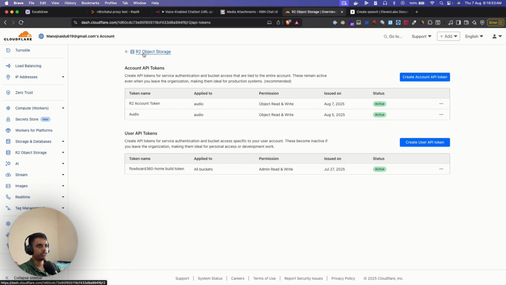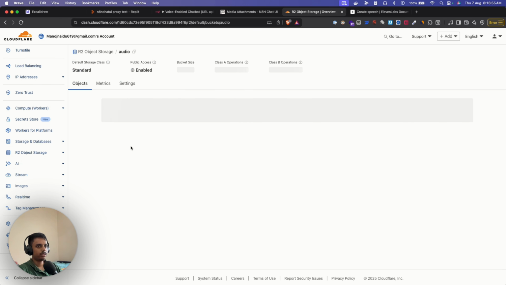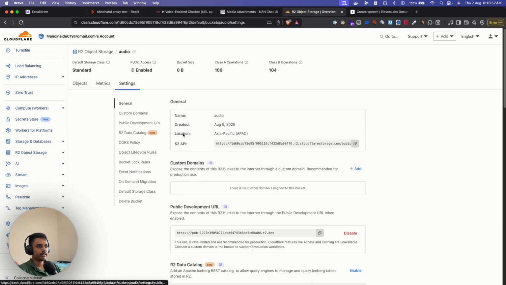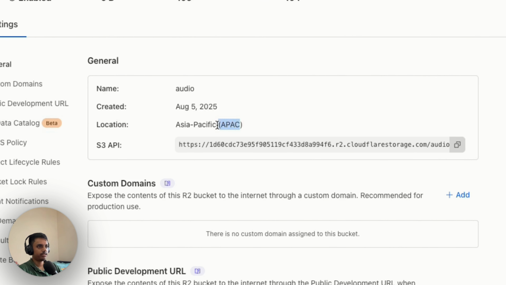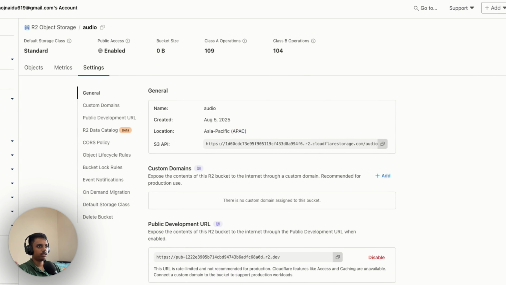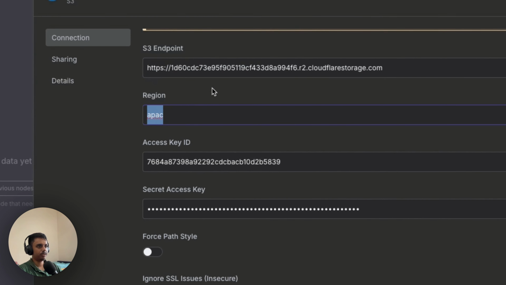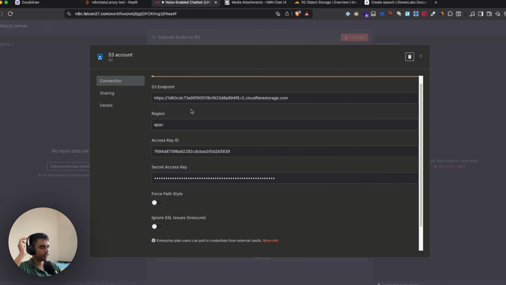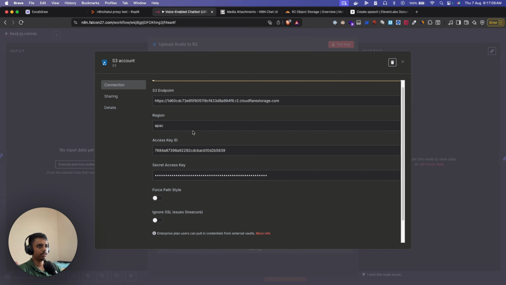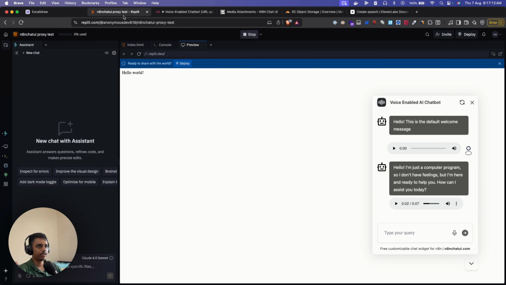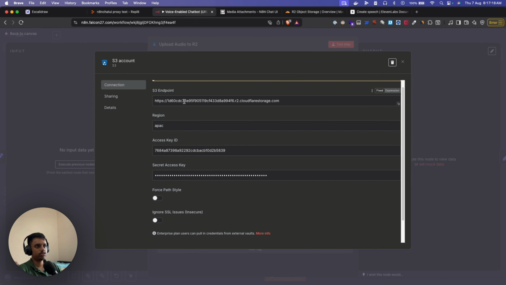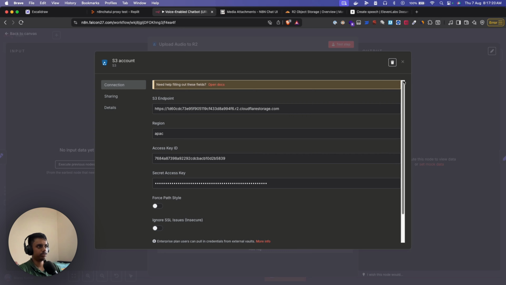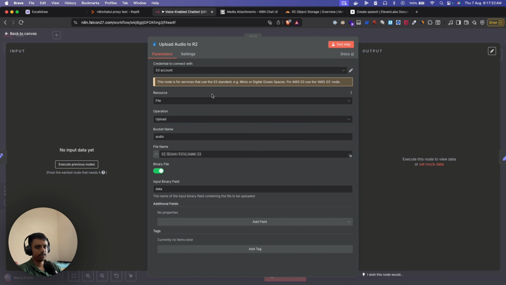all you need to do is just go back to your bucket and click on settings, right? This is where you get your location, your region. In my case it is APAC, Asia Pacific. So I'm just entering the same over here, APAC. In your case it will be different, so just try adding your right region. I think that you'll get it from here. Just try to add that, and it should work fine. So once you fill in all these four details, just click on save, and you've successfully set up the connection